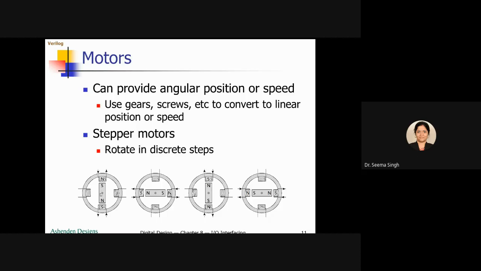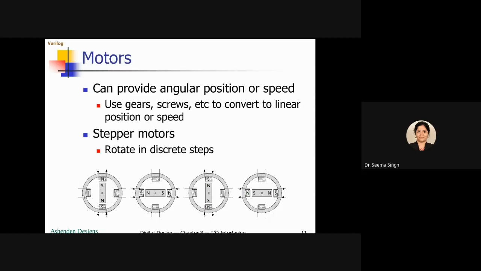So how it works, again I will revise, because anyway you know this. This is a natural magnet in between, and this is your electromagnet. So if a current flows in this, it will behave as a north pole, and a south pole of the permanent magnet is attracted towards this. After a while the current will stop flowing in this, it will not behave as a magnet, but current will start flowing in this, and this will start behaving as a north pole. So there is no attraction here, but there is an attraction here, so it moves towards the right.